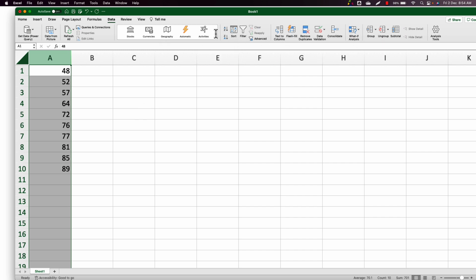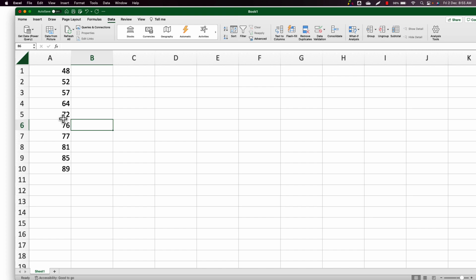Now, once I have sorted this given data set, the next thing that we have to do is calculate the median. One thing that you can observe over here is we've got an even number of values. So when we have an even number of values, how do we calculate a median? When we have an even number of values in a given data set, the median is the average of the middle 2 points, which means I'll take the average of 72 and 76,